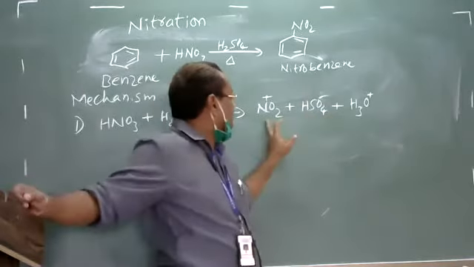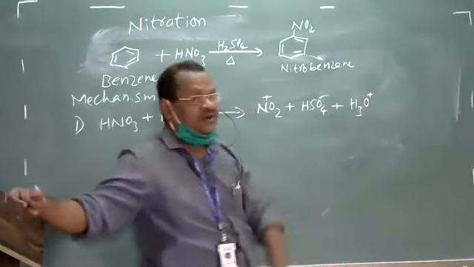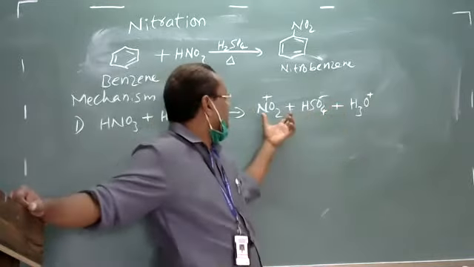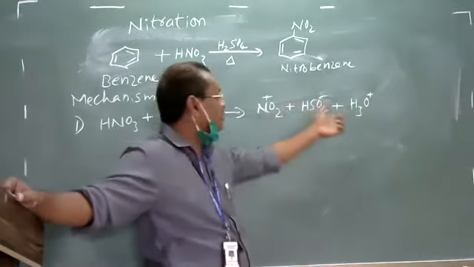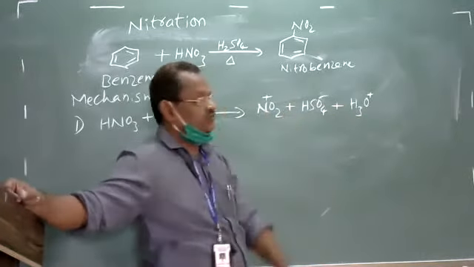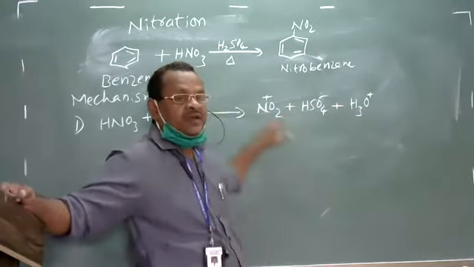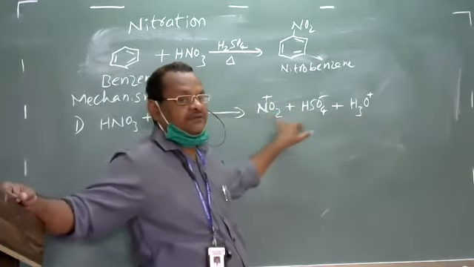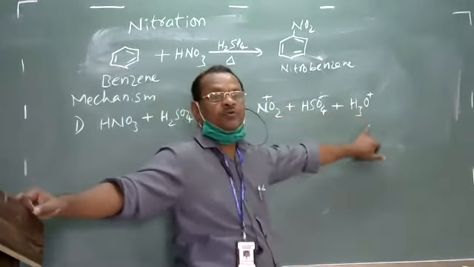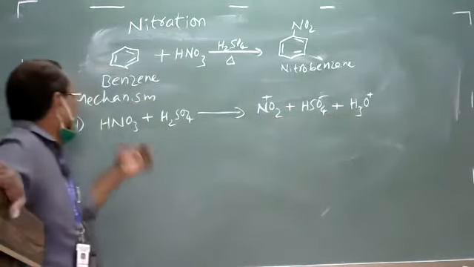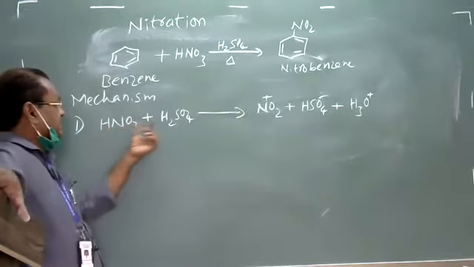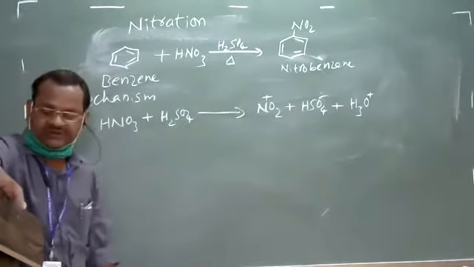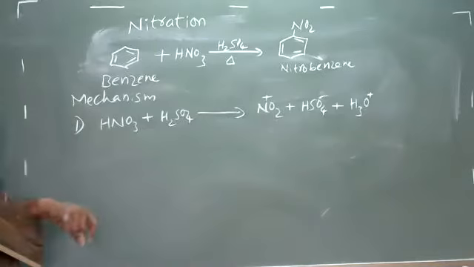Amongst these three, this one is also an electrophile, this one is also an electrophile, but this is a stronger electrophile compared to this. That's why, amongst these two electrophiles, the nitronium ion is going to react in the next step, because it is a very strong electrophile compared to protonated water. So when we split nitric acid and sulfuric acid, these are the three molecules which are formed. Clear? Nitronium ion, bisulfate base, and protonated water.